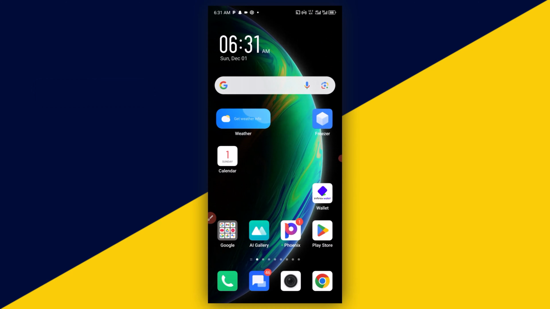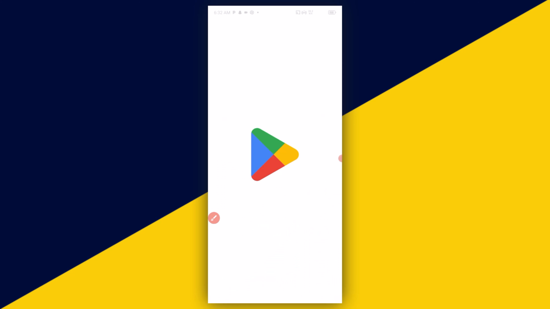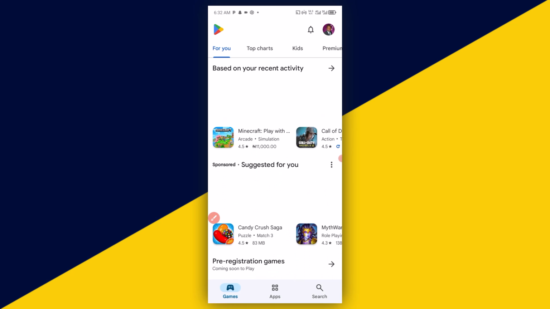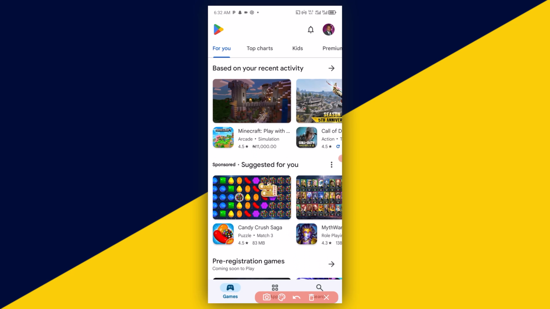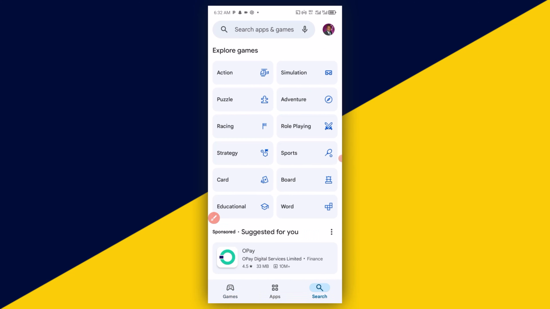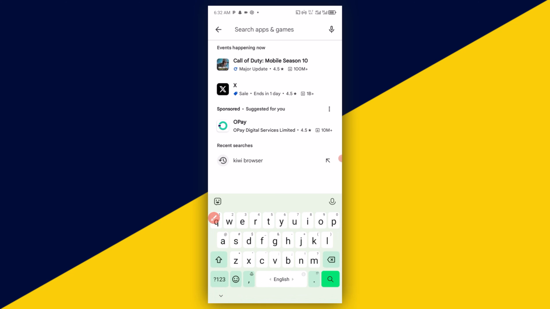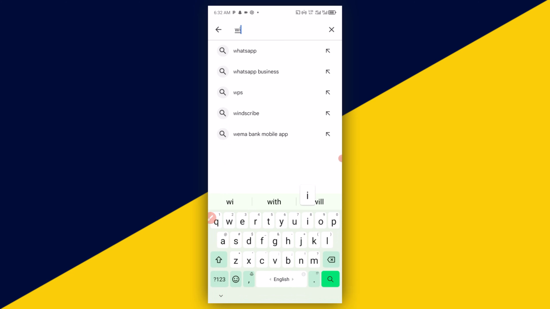So with that being said, let's get started. The very first thing you need to do is to head over to your Play Store. So I'm going to click on here to open my Play Store. And the next thing you need to do is to simply click on search from the bottom side right here. Take you right here. Next thing you need to do is to simply click on search apps and game. Take you right here. Next thing you need to do is to simply type in Kiwi